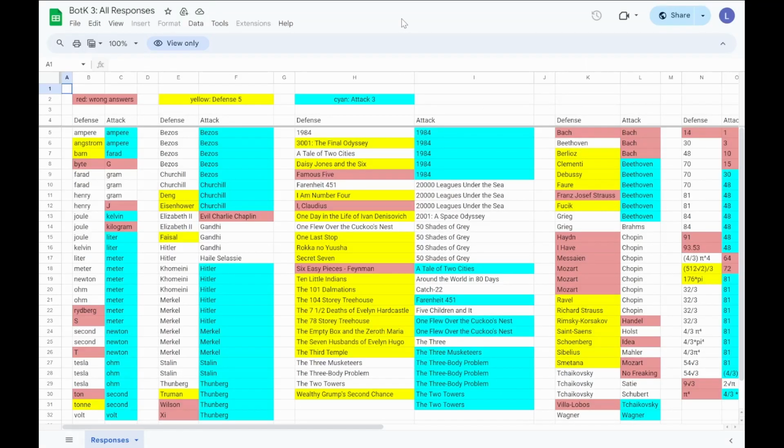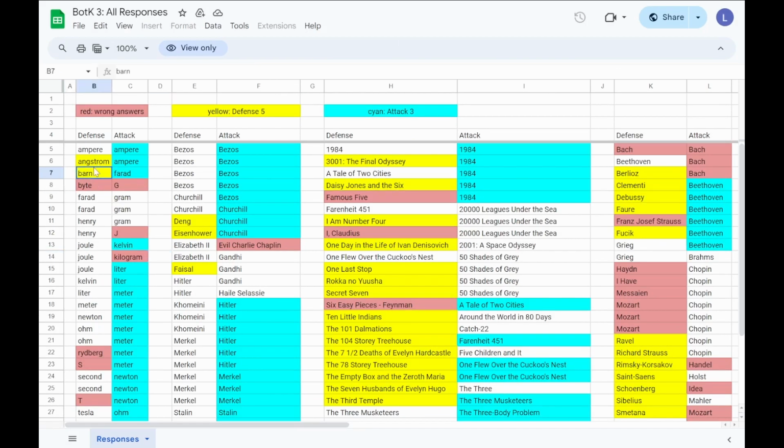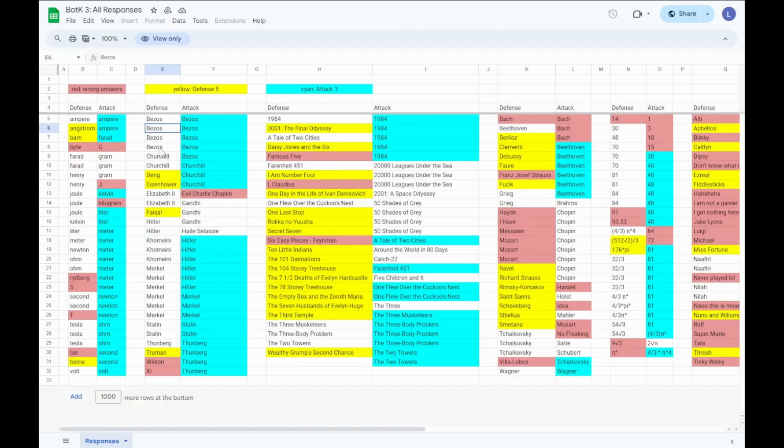Alright, let's take a look at what other people said, and I'll go through some of the highlights here because I don't want to go through the whole thing. I'll scroll through it eventually and you'll be able to see what people put. So for the first question, the metric units, Rydberg was unfortunately incorrect. The unit abbreviation is like RY or something like that. Unfortunate. For number 2, I sort of stumbled my way into points because the people that I put down were not the people that I thought they were. Oh well. I didn't deserve points there, so I'll take a 5 for defense.